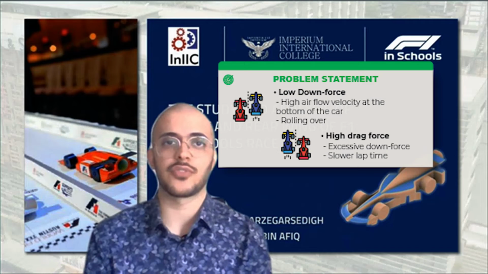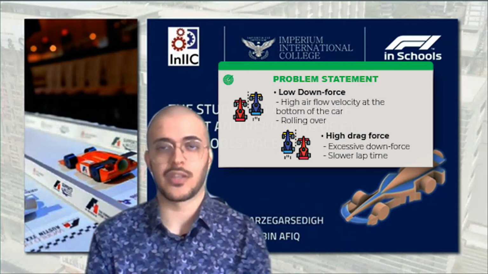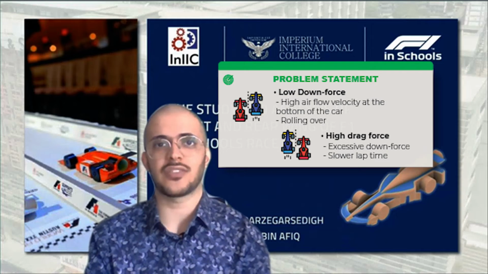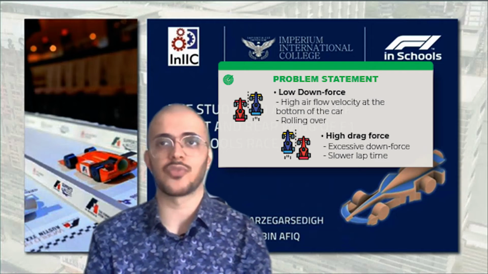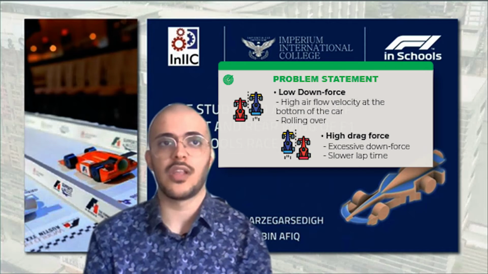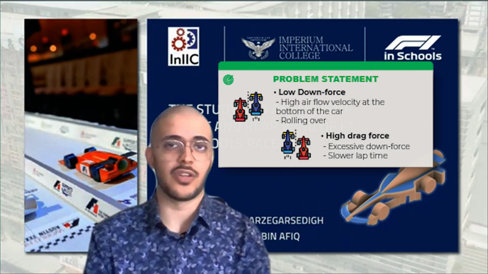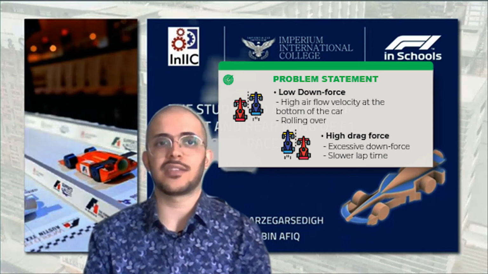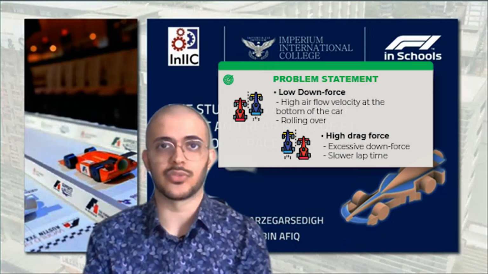On the other hand, drag force is also crucial in designing the wings. Excessive drag force will not let the car reach its top speed. One of the factors causing the excessive drag force could be excessive downforce, as the downforce will make the tires exert extra pressure on the track and this will cause drag force, and this caused lots of F1 in Schools